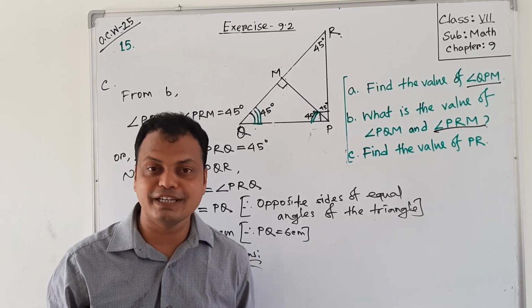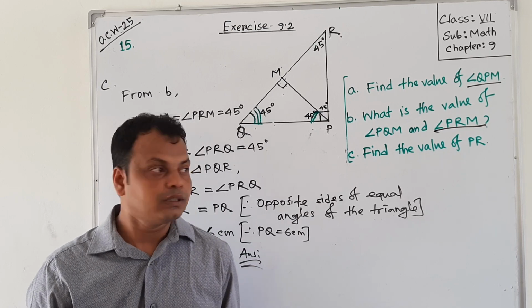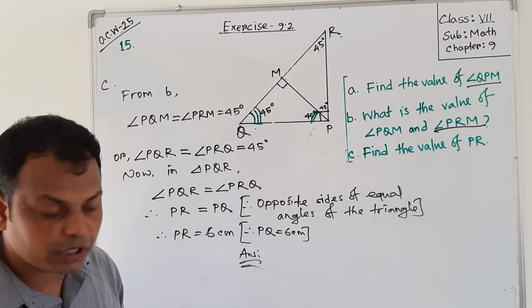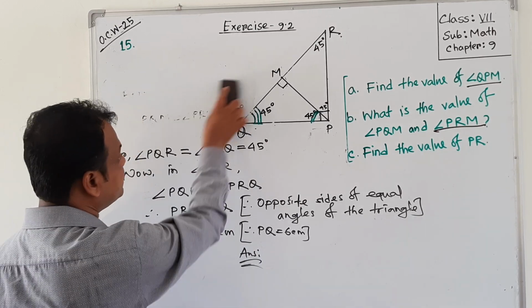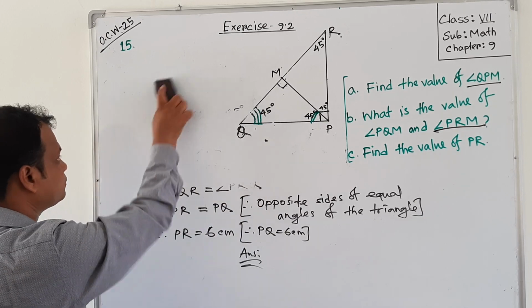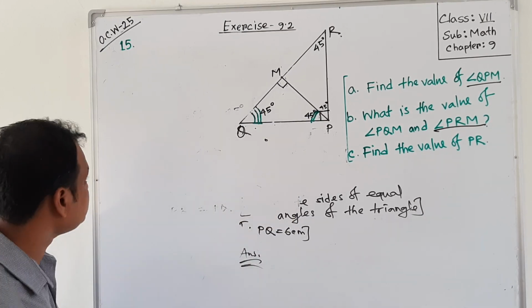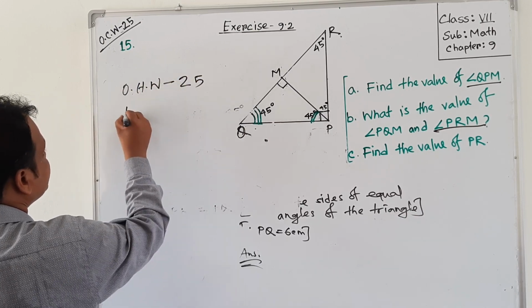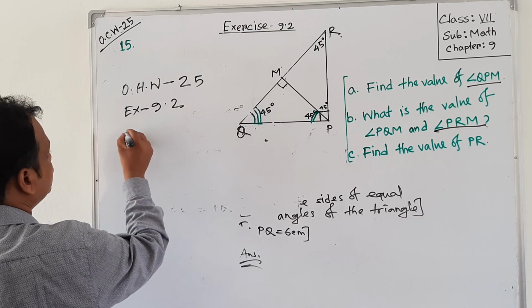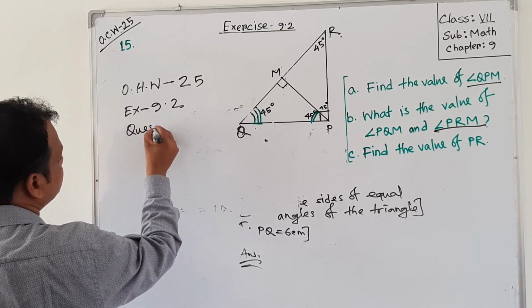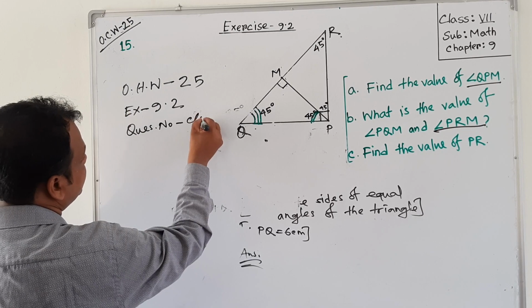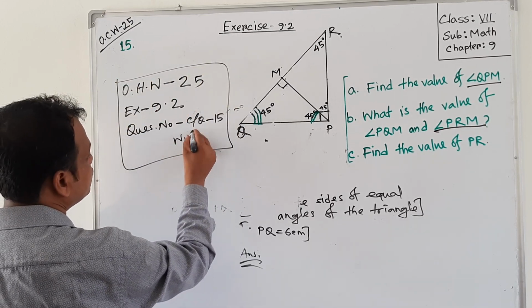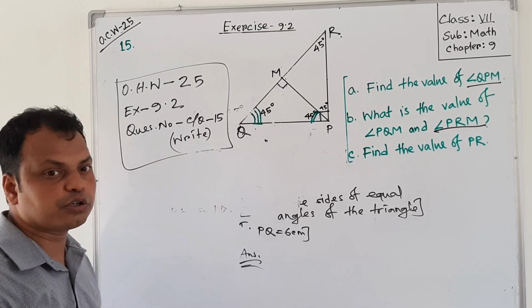I think all of you are clear now. These are all the things for today. We'll take the homework. I will erase this part. The homework is online homework number 25, exercise 9.2, question CQ 15. You have to do this homework as written, as right homework.